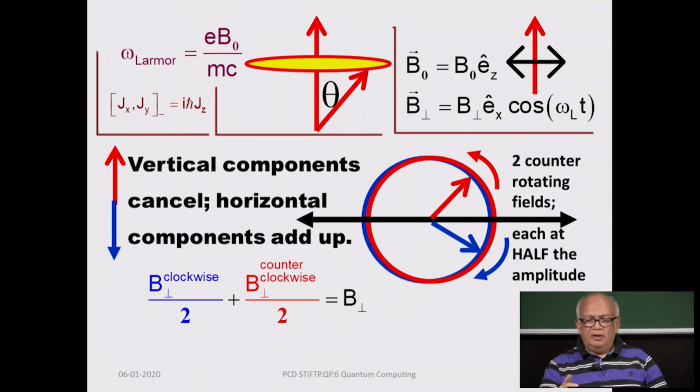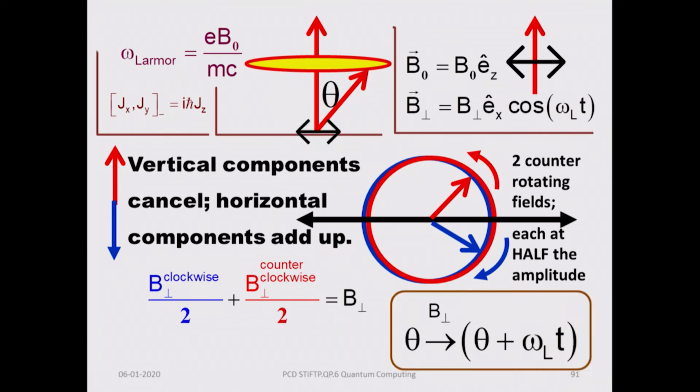So, effectively you have resolved this linearly polarized field into two rotating fields, one clockwise and the other anti-clockwise, but of half the amplitude. So, that is the half that you see in this equation, right. The clockwise and the counterclockwise each has half the amplitude of B perpendicular, and now the spin which was originally subjected to B0 is now also subjected to a field which is orthogonal to that, and that is going to change this angle theta,